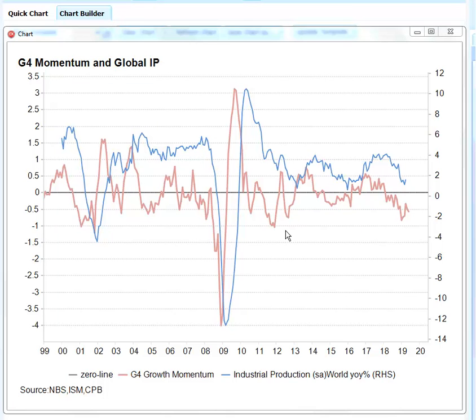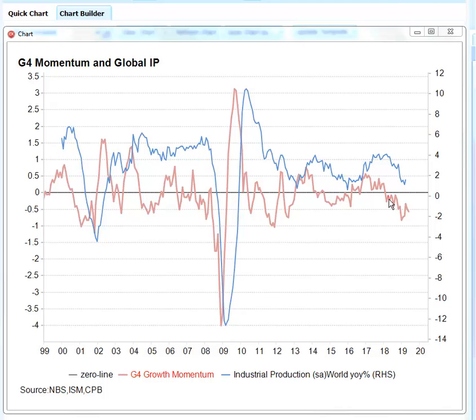In this week's video, we're going to look at the relationship between growth momentum, the global economic cycle, and equity versus bonds in terms of relative performance. So we're going to start looking initially at the relationship between growth momentum and the global IP or industrial production cycle. So on the chart in front of us at the moment, we're showing in red our measure of growth